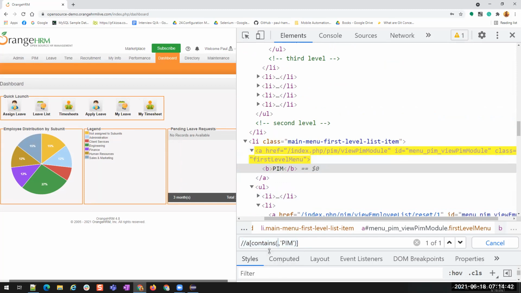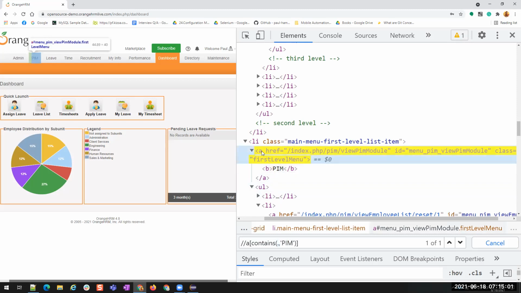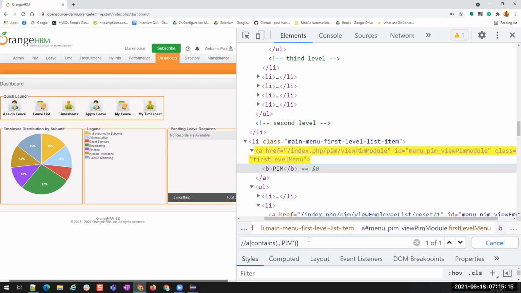That means if we use dot inside the contains method, it will help us find the elements or properties which are in this tag directly, or inside its child tags as well as the self tag. Understood?